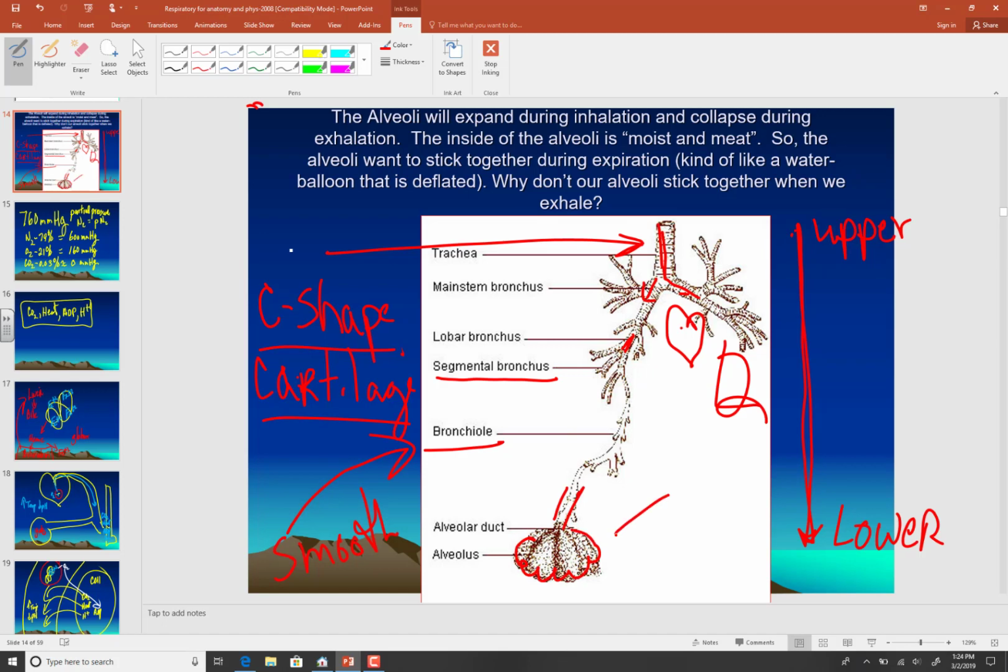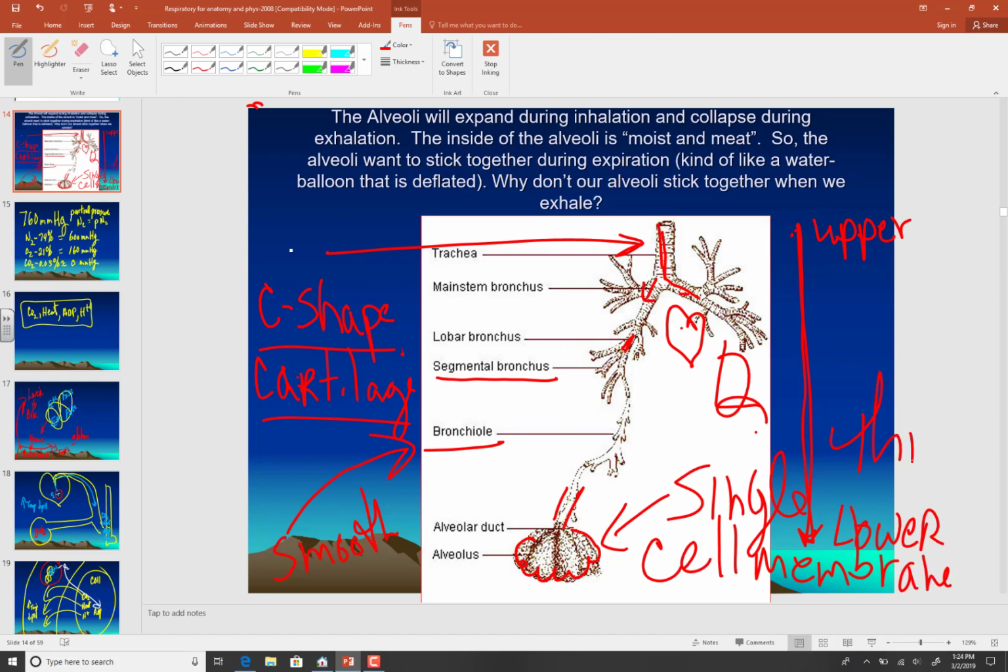sac of single cell membrane, thick air sacs called alveoli. So the most important part of the respiratory tract is where the rubber meets the road. That's where the pulmonary capillary and the alveoli meet. So if we look at it here,